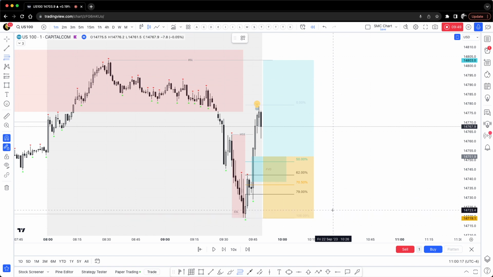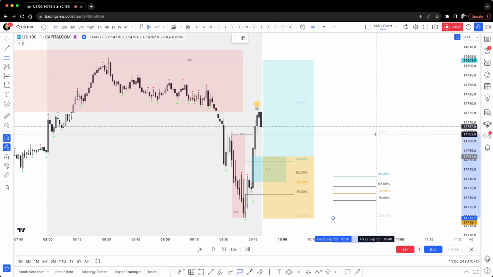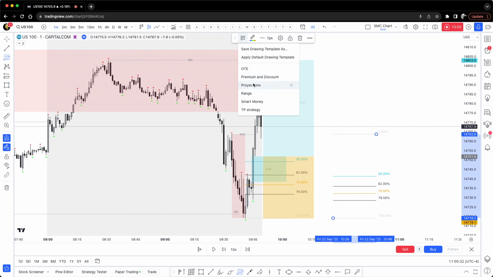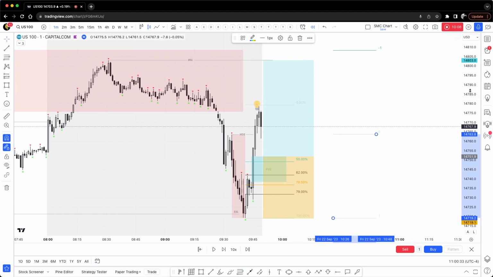to measure my projection. Okay, so basically right here we have this manipulation move. So I'm going to be using the fib from the low to the high, from the low to the high of the manipulation move, and I'm going to use the projections standard deviation